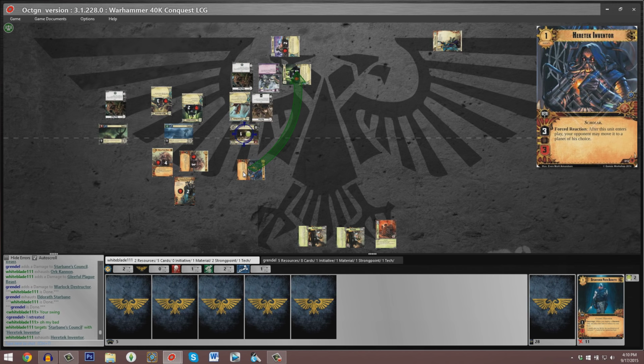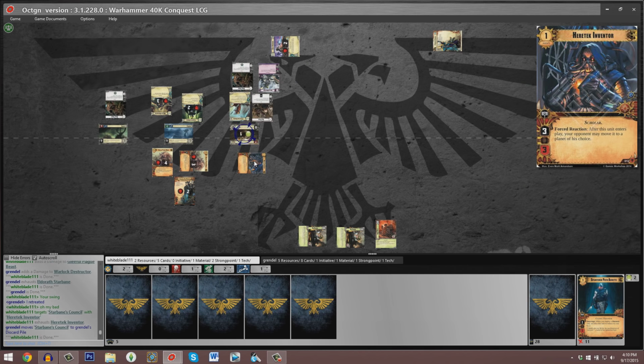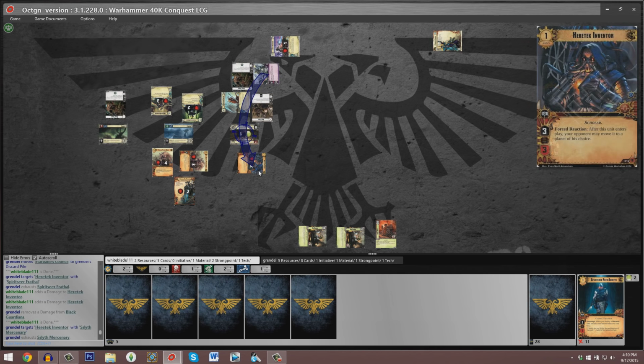Okay, so our Heretic Inventor finally takes a swing at the Starbane's Council, and it's going to be outright destroyed, brought to -1 hit point. And now Spirit Seer Erithal is going to return fire to that Heretic Inventor, and it's going to be able to strip a point of damage off of that Black Guardians. And now the Slith Mercs is going to also take a swing at the Heretic Inventor, which is destroyed,